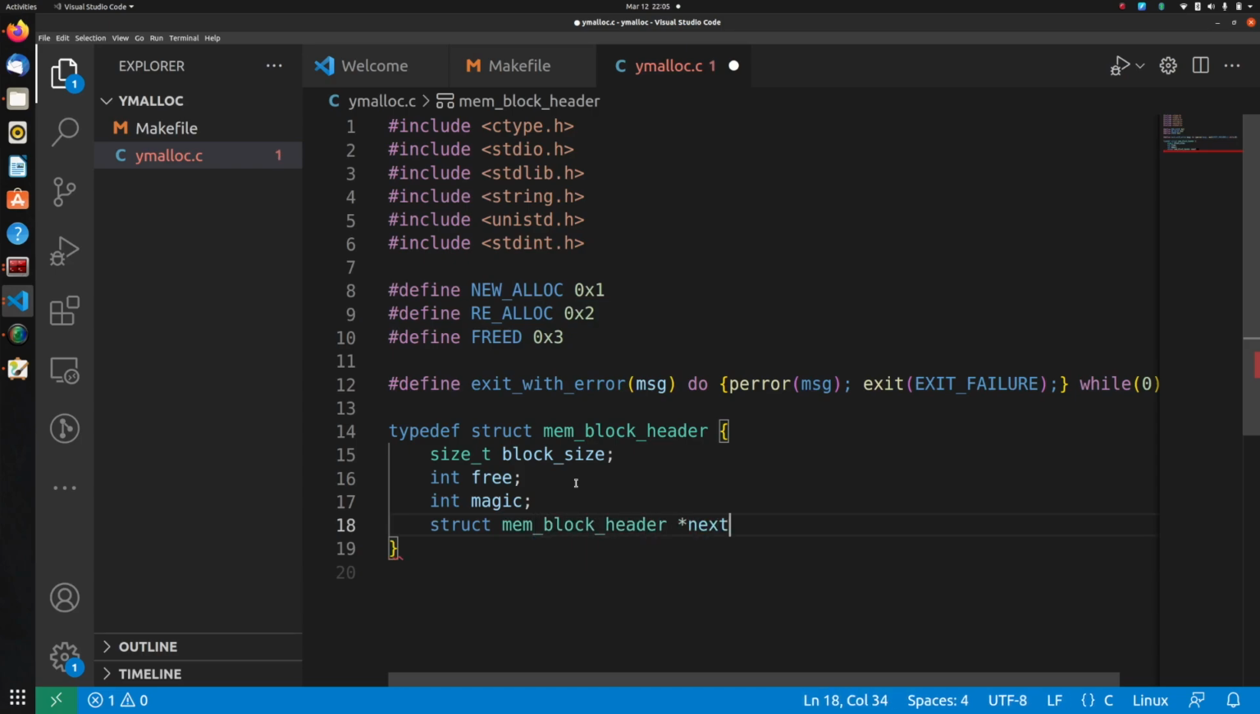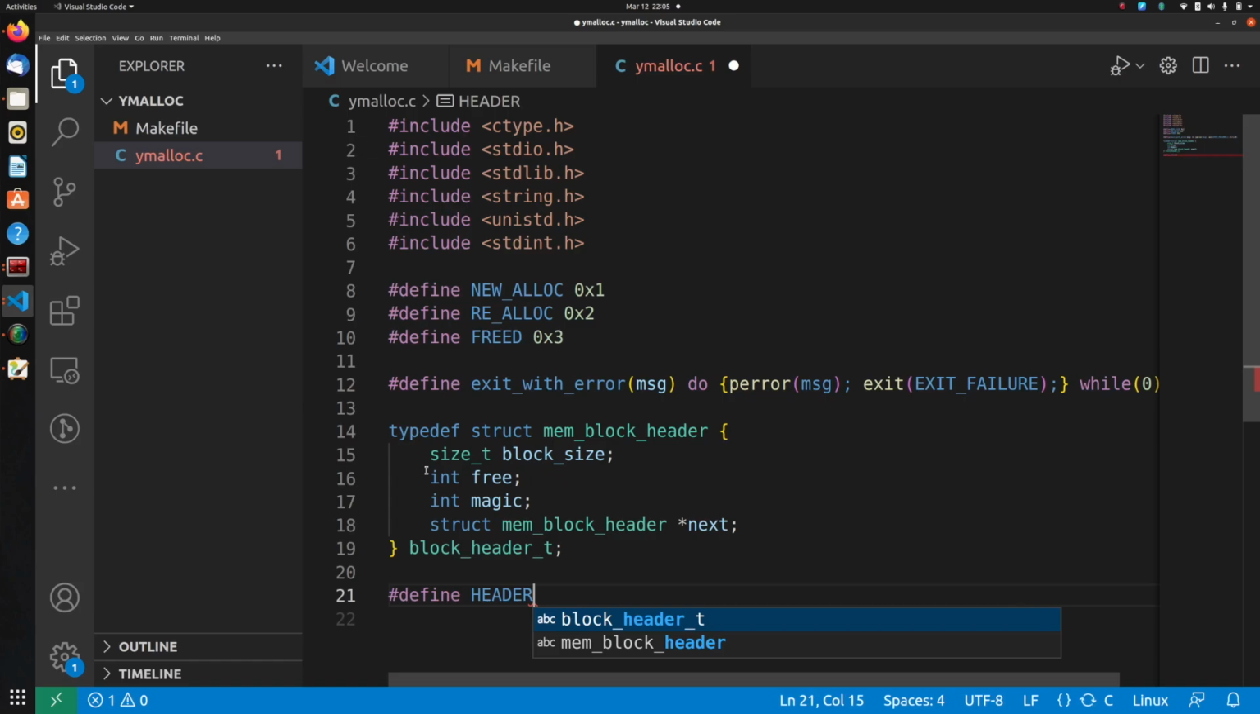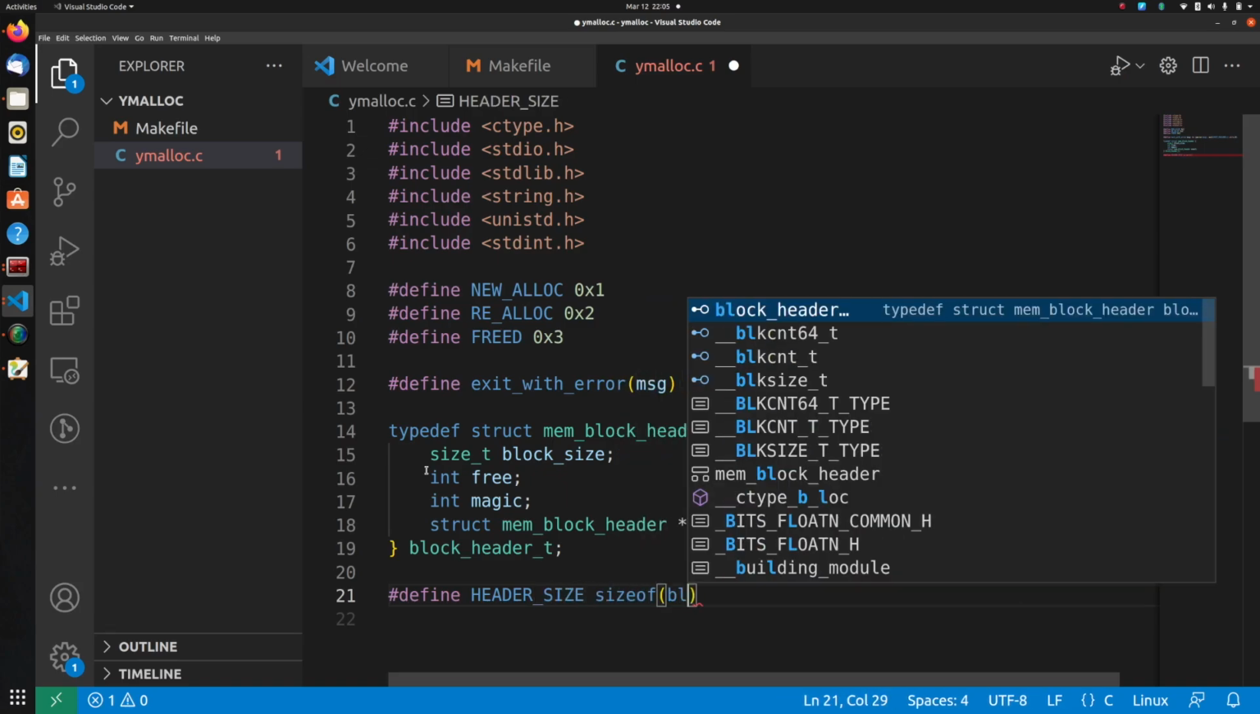Then we will define the pointer, which will point to the next block, right? That's very important. That's how we'll create our linked list. So this is basically the link of the linked list, and let's call it block header t. That is our type. Let's define a constant which will refer to the size of this block header, and let's call it block header size of